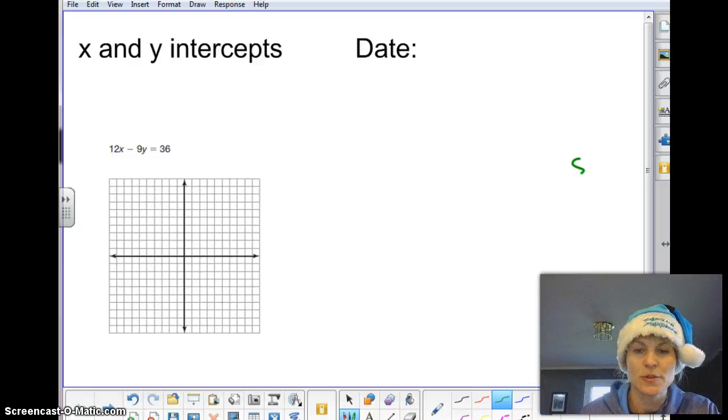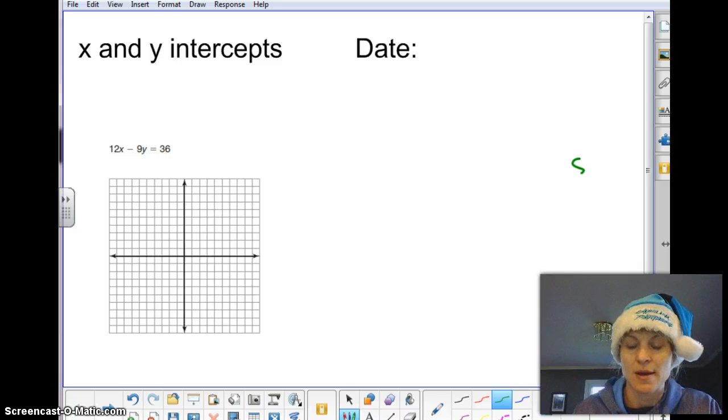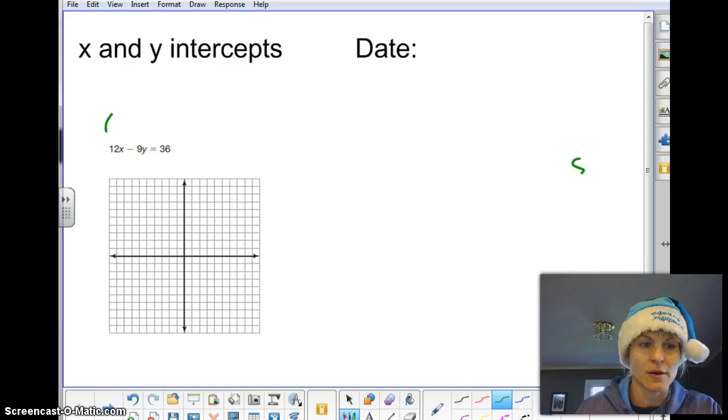Okay, so we're going to take a little more time to talk about x and y intercepts with graphing and word problems. I think we need just a little bit more work in this area. So we're going to start off with this example here. Hopefully we know already that this is ax plus by equals c, or standard form,